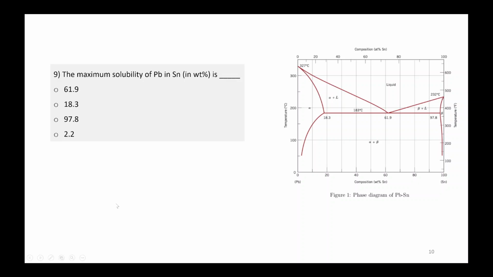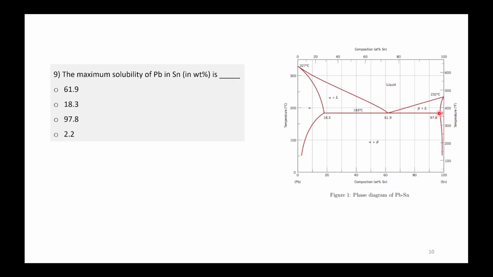So ninth question is, the maximum solubility of lead in tin is. By seeing the diagram, you have to tell how much is the solubility of lead in tin. So your options are 61.9, 18.3, 97.8 or 2.2. So here from eutectic compositions you can tell that the maximum amount of alpha is here. So maximum solubility of tin in lead is 18.3, and when we talk about maximum solubility of lead in tin,